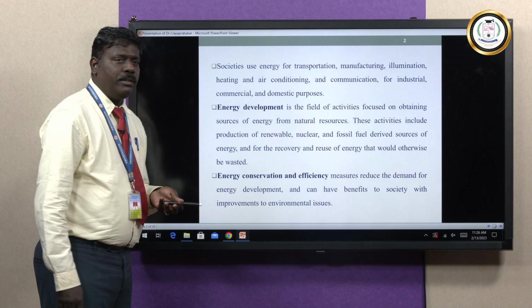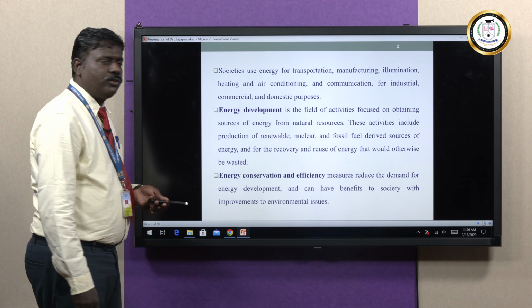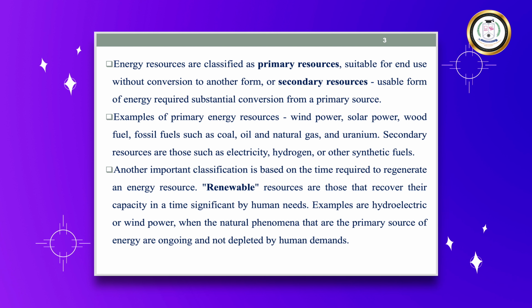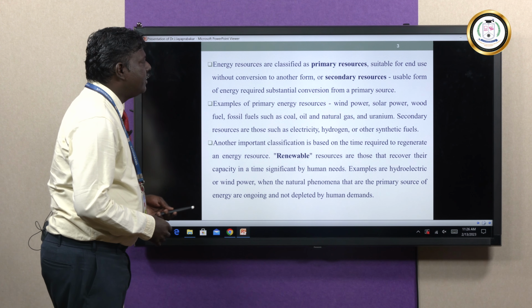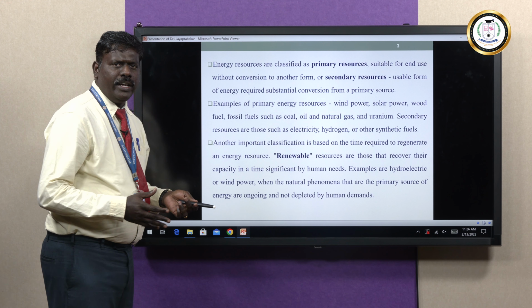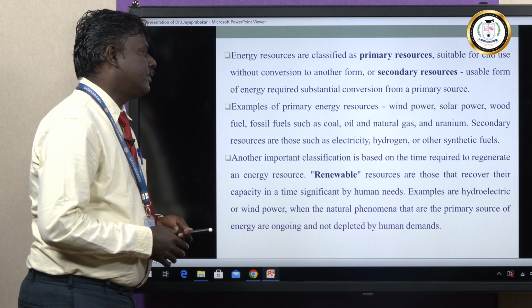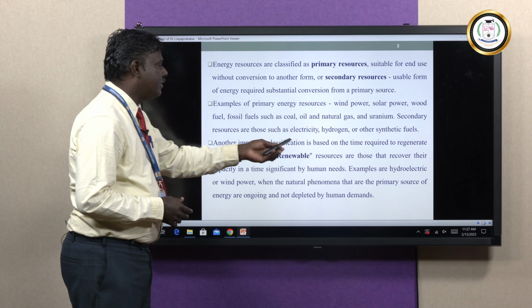Energy conservation and efficiency measures reduce the demand for this energy development and can have benefits to society with improvements to environmental issues. These energy resources can be classified into two categories: primary resources and secondary resources. Primary resources are readily available on the earth, namely wind power, solar power, wood fuel, fossil fuels, coal, oil, natural gas, and uranium, which do not require any further operations to be used. Secondary resources are those which need some kind of secondary operations to be used, like electricity, hydrogen, and